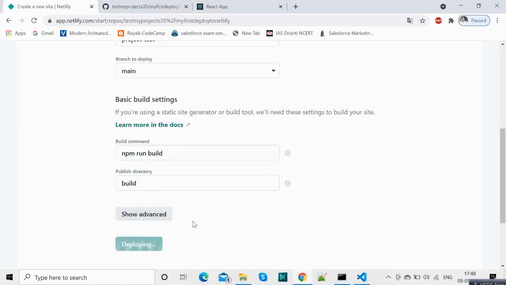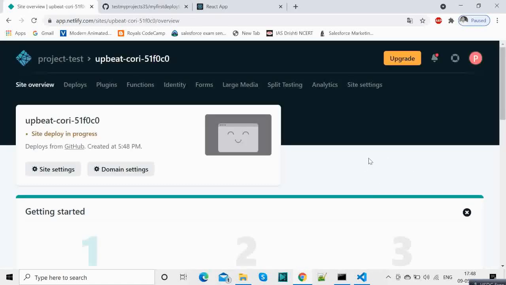You click on deploy site, wait for some time because it is getting built by Netlify, and then you will see deployed. Okay, so it will take 1 or 2 minutes before getting deployed. That's because the build this time is happening in the Netlify server.